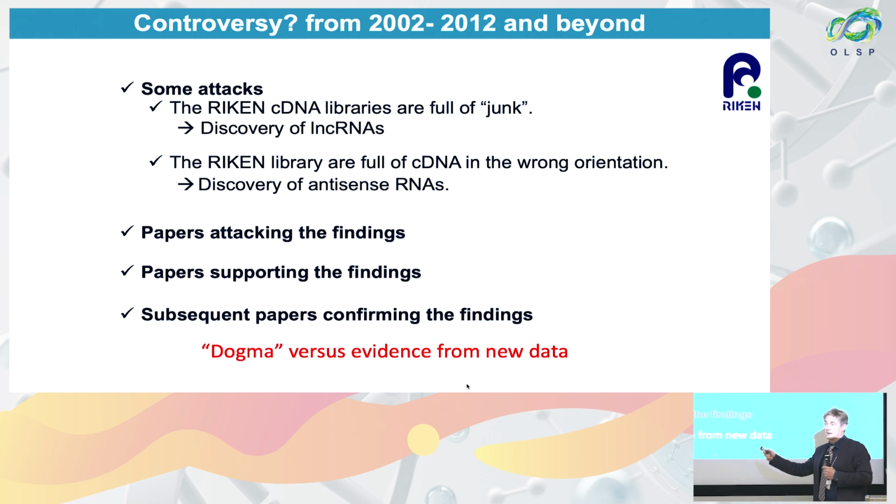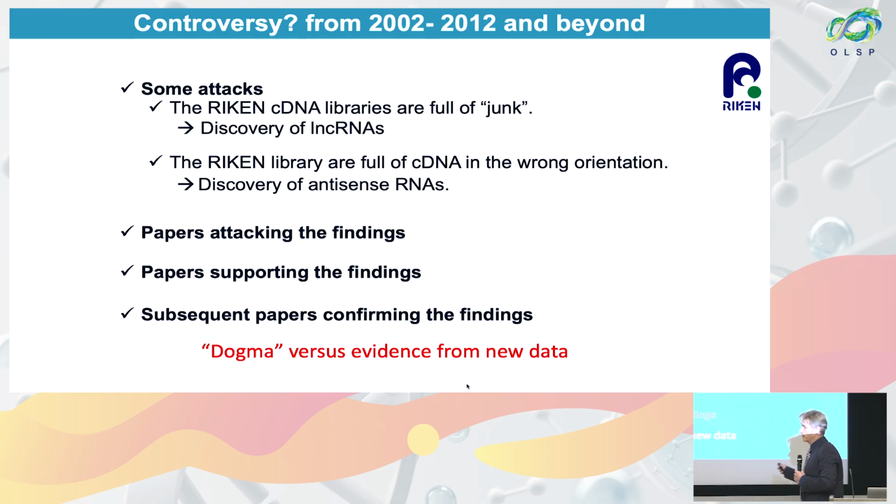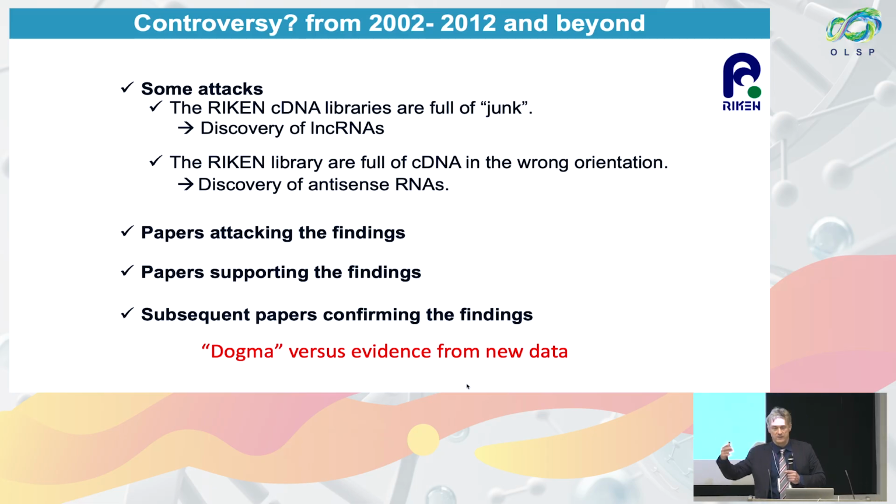There was a lot of reuse of our data in various other papers, and various colleagues could verify all of those findings, including the ENCODE in 2012 that really established that more than 70 or 80% of the genome is actually